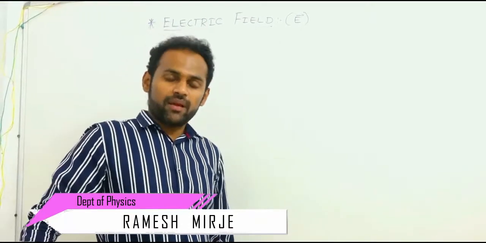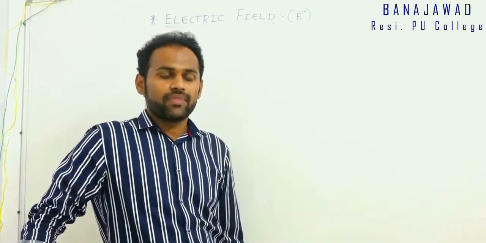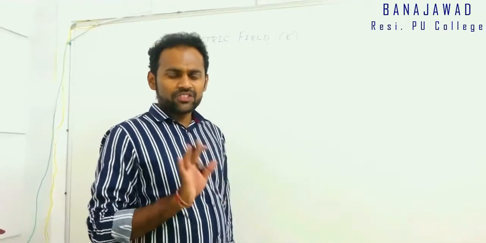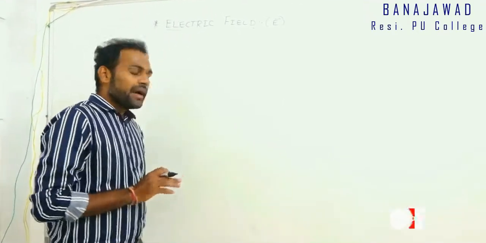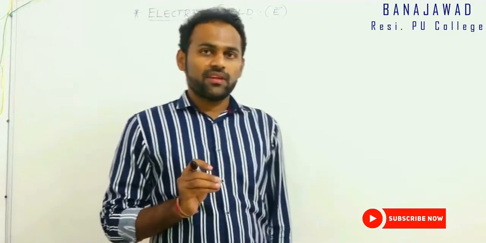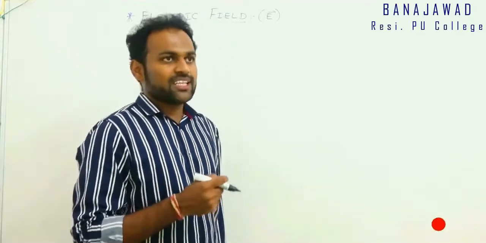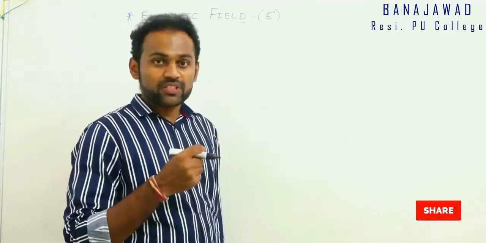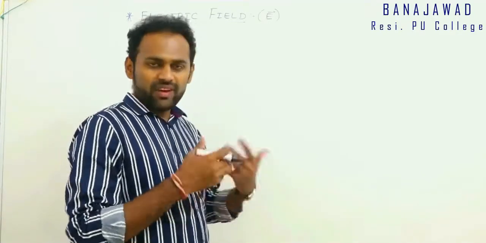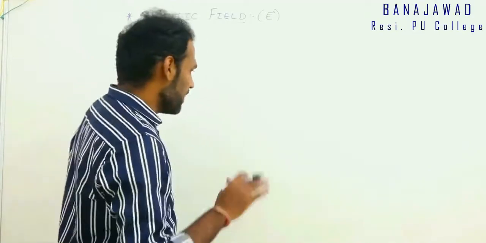Okay. Next we'll go for one more very important concept called electric field. Electric field, in general, is the space around a charge in which, if any other charge is placed, it will experience the influence of the original charge, or it will get affected by the original charge. It means the space around a charge in which the influence of a charge is experienced is said to be the electric field. We'll take one very general example for this to know in detail about it.